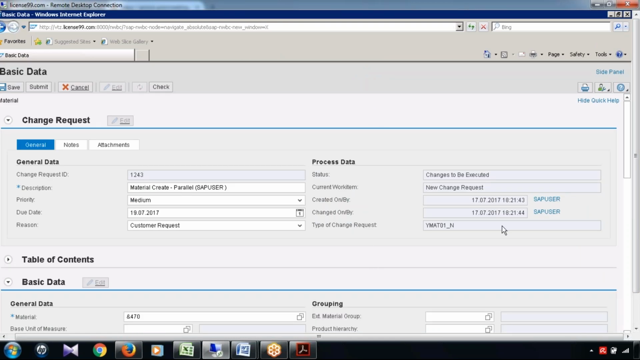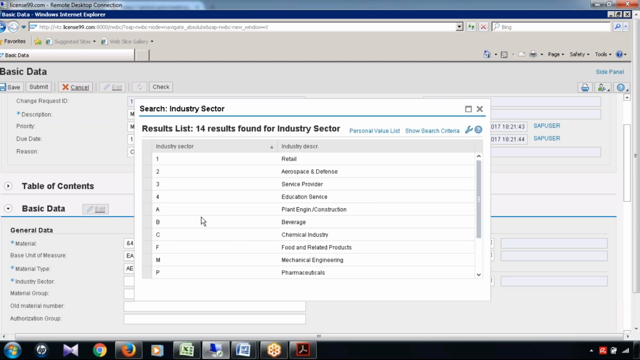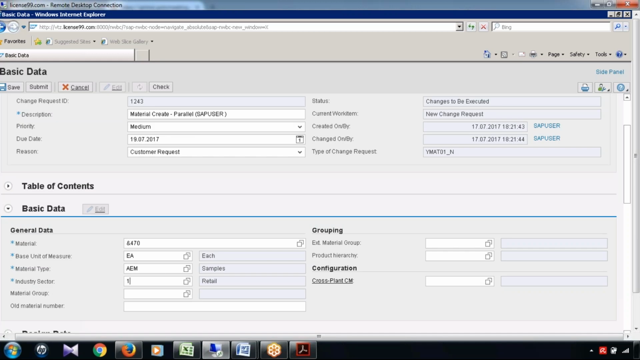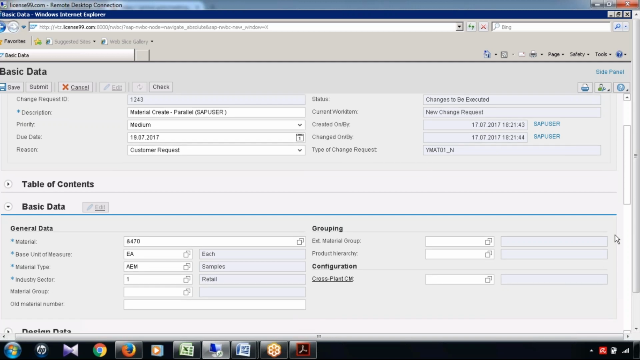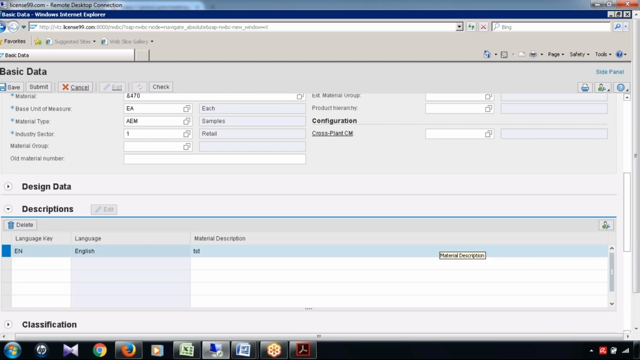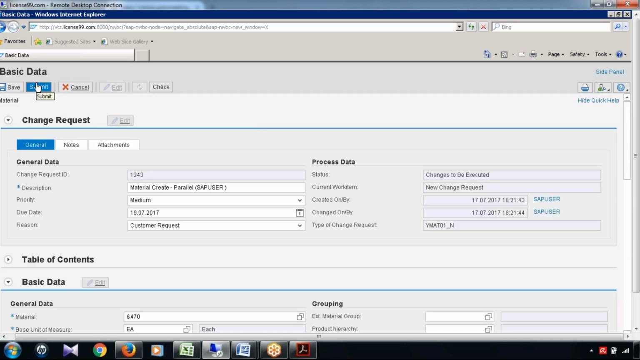Okay, so first of all, this change request has been opened, and still it did not go to any debug point. Okay, let me give some value. At least provide the minimum values and execute, because after the execution, as per my logic, it has to hit the enhancement, and from there it will break into two parts. That means it will break into two different users. So here description is test, and now if I submit the change request,